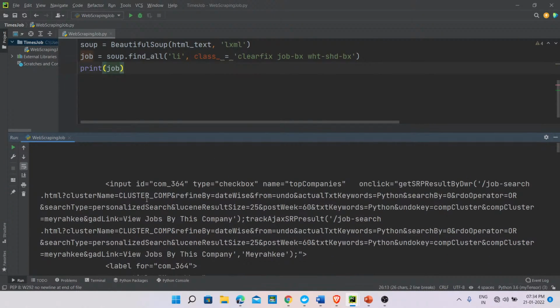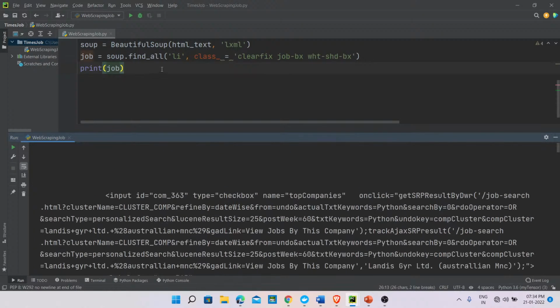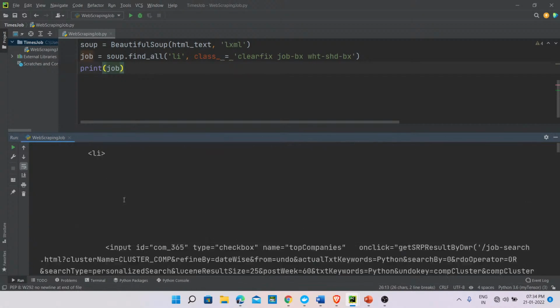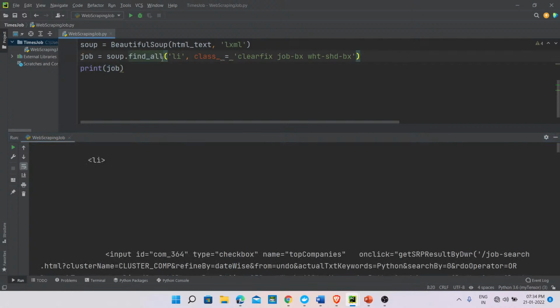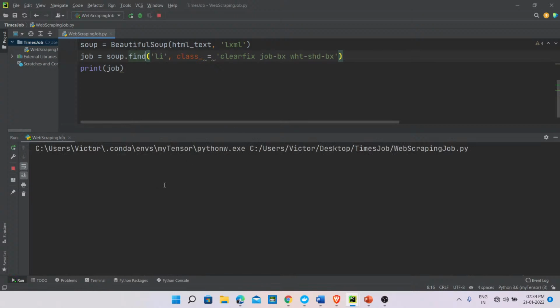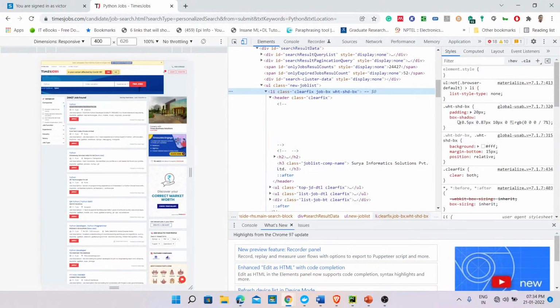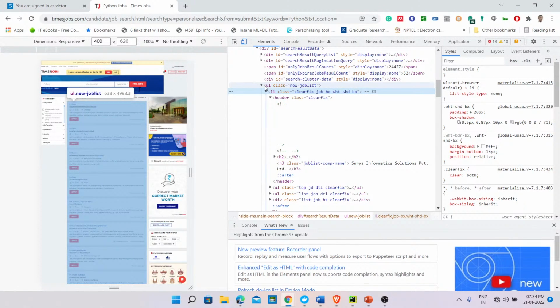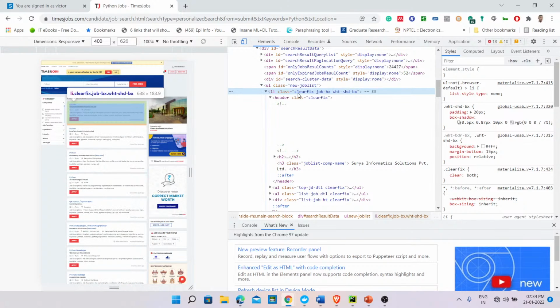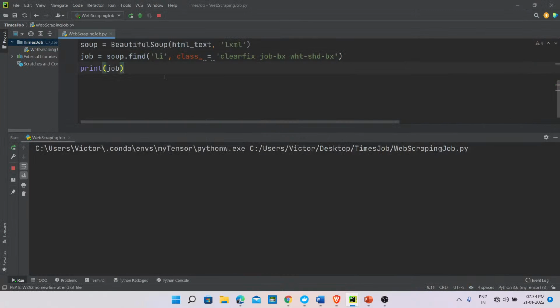Agreed? By the way, since we're using find all, that is too lengthy. We'll change this now to find. Okay, and run this. So why did we actually look at find all? Because as that gets loaded, as we go up, it has selected all the company names that are under this particular page, under the UI, under that list. If I'm interested in the first one, I need to change it only to find. So once I do this and run this,